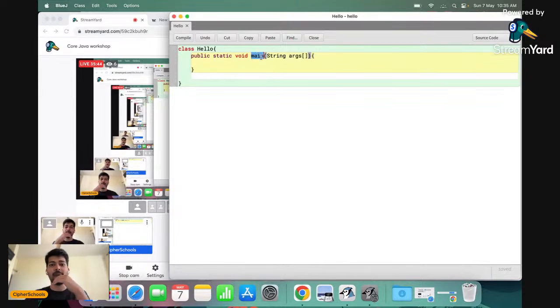Okay. Now main is a method, right? Before talking about main, let's understand what exactly a function or method is all about. A function or method is something which deals with a task. Let's say we talk about a concept of birthday function, marriage function, farewell function.